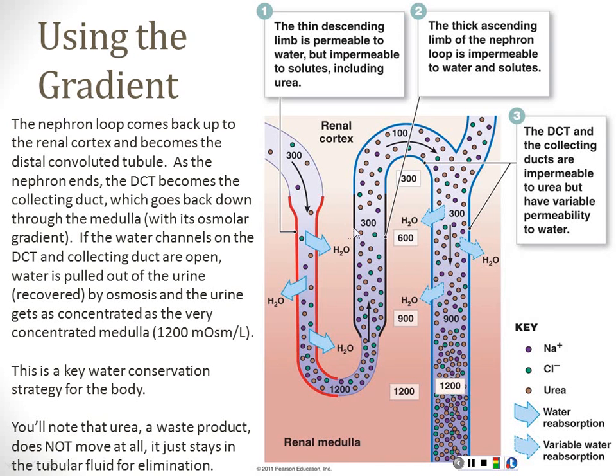So when those channels are open, as the fluid passes through the collecting duct, it passes through this osmolar gradient again. The same one that was made in this nephron loop through that countercurrent system that I just talked about, where the water comes out and the salt comes out. As the urine passes through here, if water can exit, the osmolarity in here is going to be the same as it is out here, because things are going to move by osmosis. Water's going to move towards where the greatest solute is